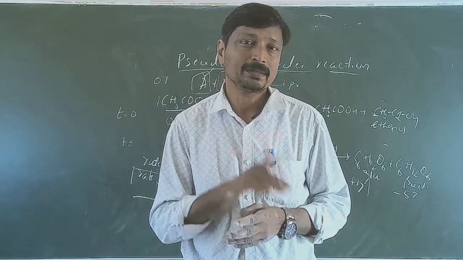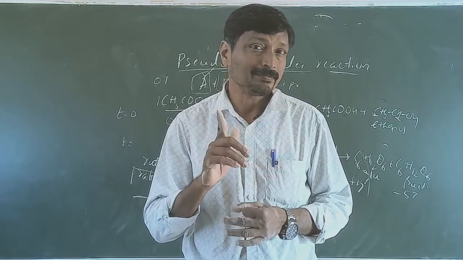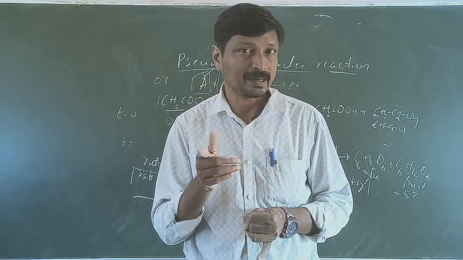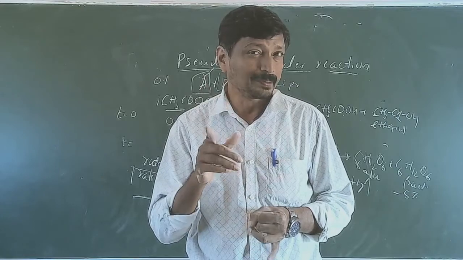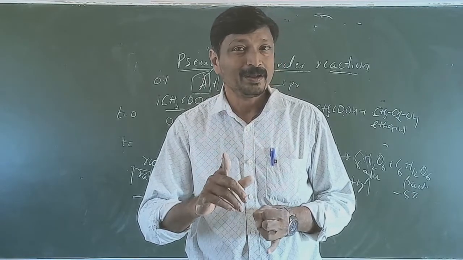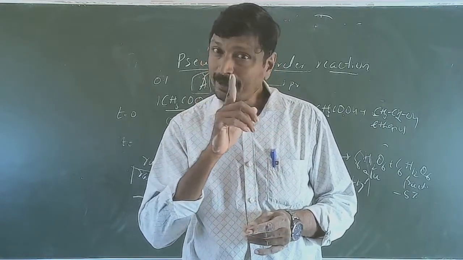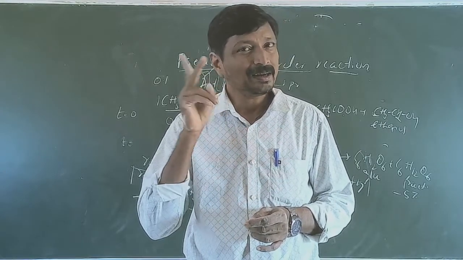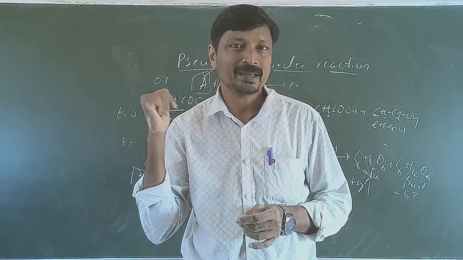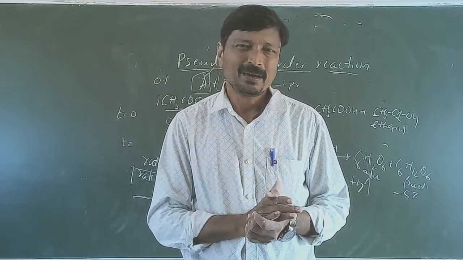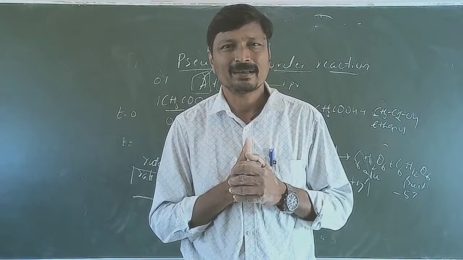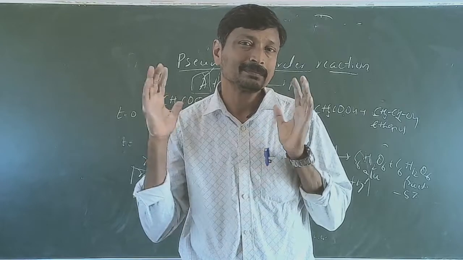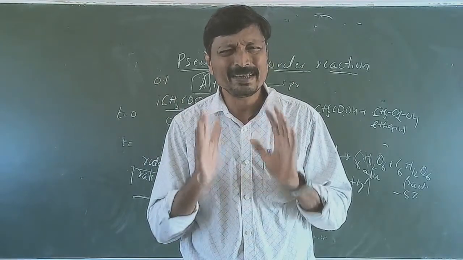Here, what are the things we have discussed? The rate law. You are able to write the rate law, simple rate law, differential rate law. After that, order. After that, molecularity. After that, the unit for the rate constant K. After that, derivation of the two rate equations. And finally, pseudo first order reaction and half-life period. So almost 90% is covered in chemical kinetics. See, all of you are able to write the answer. I think this is a very easy chapter.